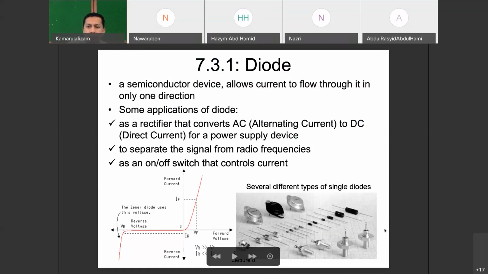Kalau you nampak daripada sini, okay, ada yang bentuk topi macam ni, ada yang bentuk macam perintang macam tu. Alright. Variety of shape, bergantung pada tempat digunakan, bergantung pada power, bergantung pada heat element, bergantung pada current yang dia handle. Dia akan ambil banyak-banyak size and shape. Kerja dia sama. Alright. So this is diode punya